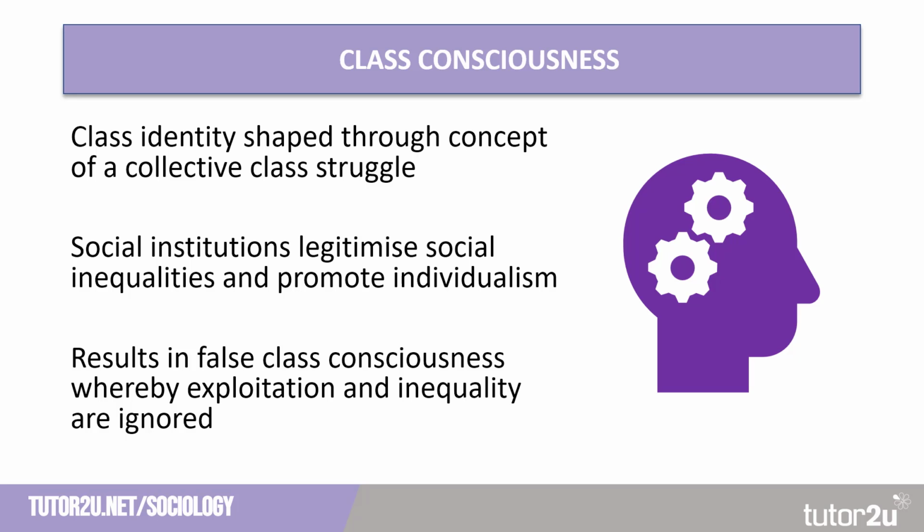But as social institutions that are controlled by the bourgeoisie are able to legitimise social inequalities, for example by promoting meritocratic ideals and individual achievements, this weakens the strength of the proletariat, dividing them so that they focus on their own self-interests rather than the